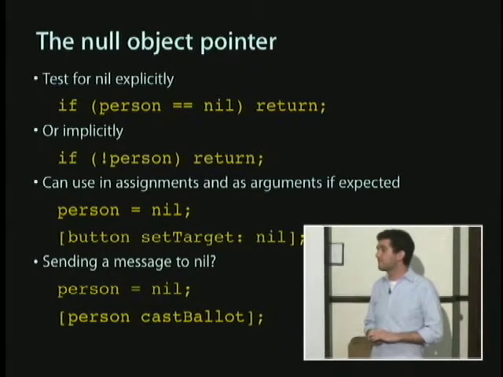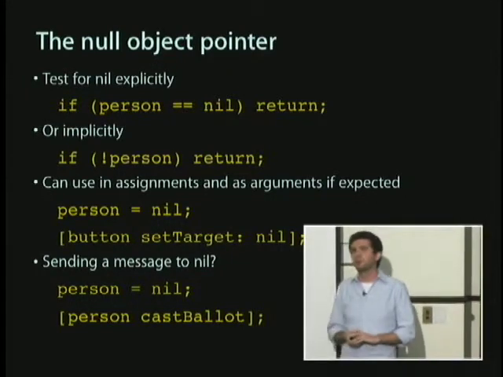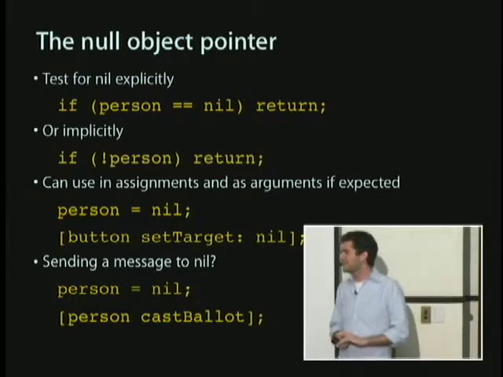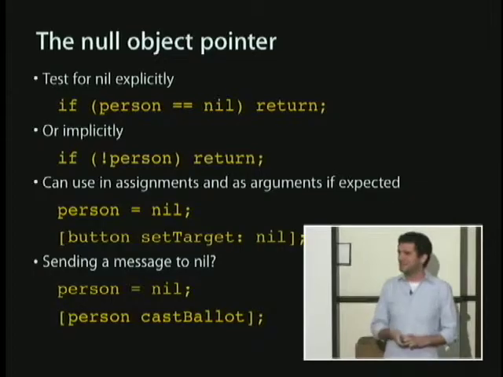Yeah? Is nil actually 0, or what is its actual value? So the question is, is nil actually 0? Yeah, nil is actually 0. It's literally checking to see is the value here 0. So how is that different than null? The question is, how's that different than null? It's semantic, really. Null is also just 0. I mean, you can just use a 0. It's for programmer happiness, I guess. Make yourselves feel good about using the right value.